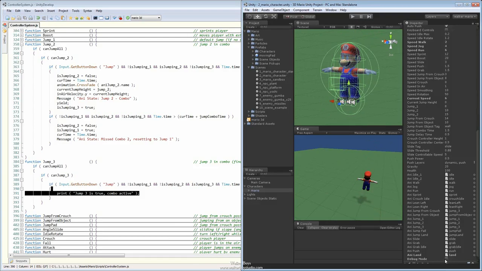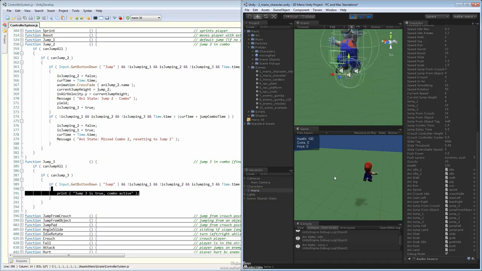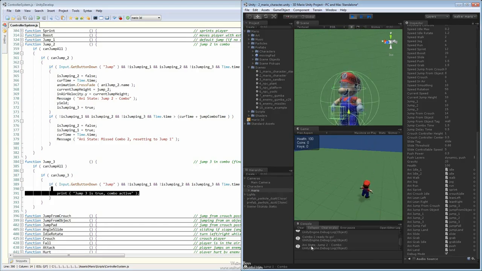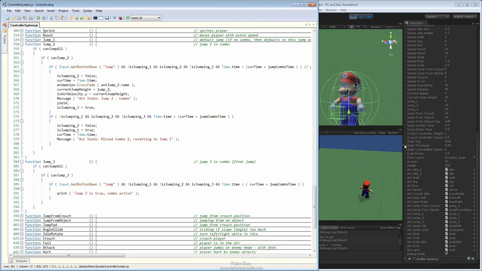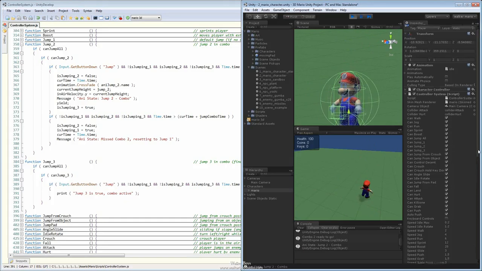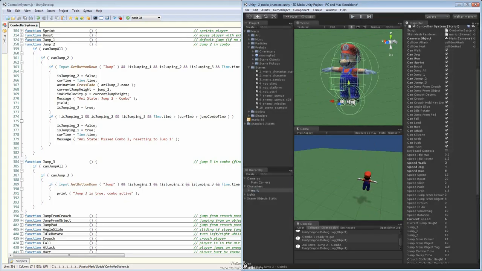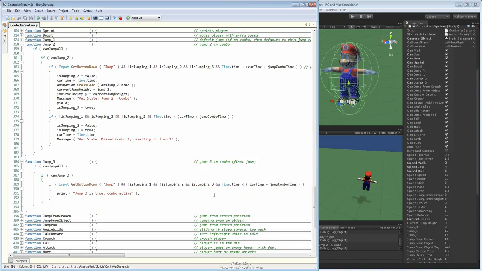And we'll go ahead and turn our debug mode on since we took the message out on that one. Let's do that one real quick. So 1 and 2 combo, and then the third one, which will actually come up into here. And make sure we have our check, so can jump is turned on. Alright. Now that should be reading here. Let's make sure that we actually have this set up